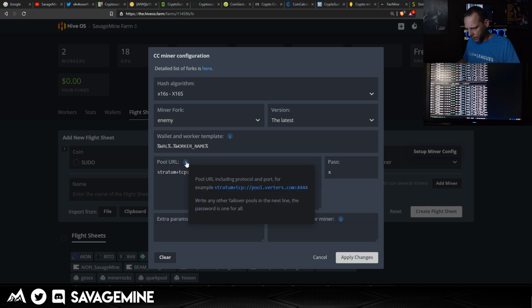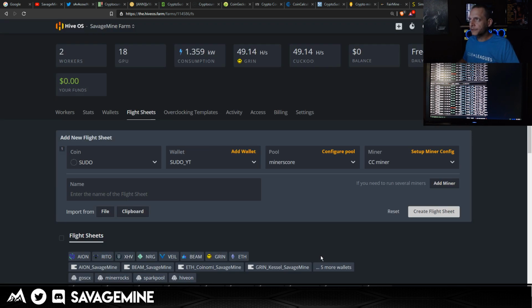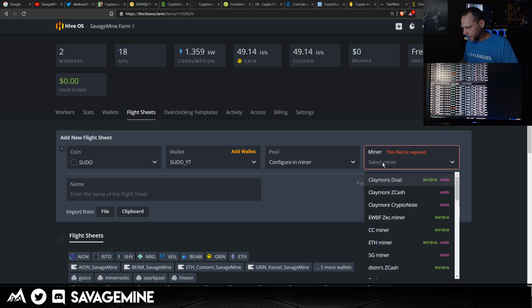So we probably want to remember this, but actually no, we don't even need to remember that because we're going to be using our own port, our own pool address. So let's cancel this and then go back over here, and we're going to choose configure and miner because we have our own pool that we want to use. We're not going to use the one that's built into HiveOS. So then we're going to go with CC miner,